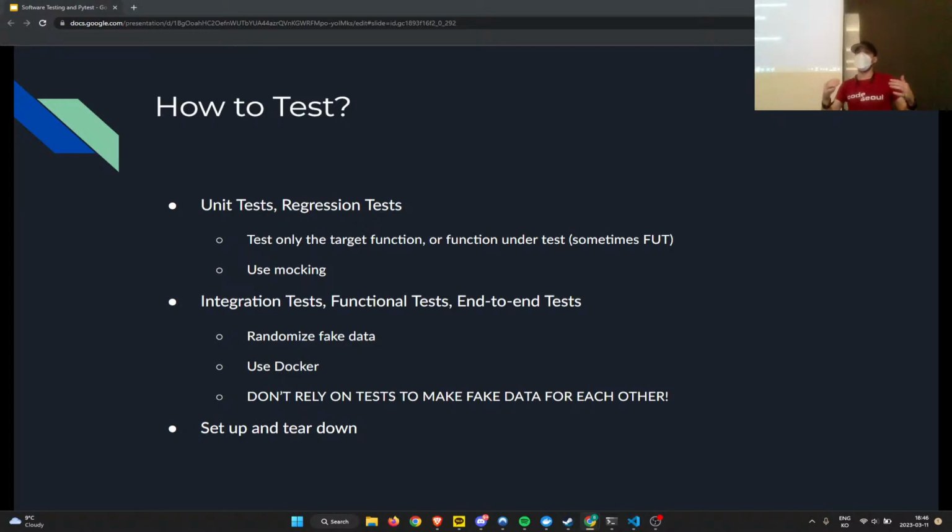Because let's say that this new user registration test has 20 tests that all depend on its data. And then this test is broken. Is it the registration test? Is it some other thing, some other library that's broken? You don't know. You have to go through each thing and figure out where it is. So if you make sure that you generate fake data for each individual test case, you prevent this problem of dependency hell. Okay?